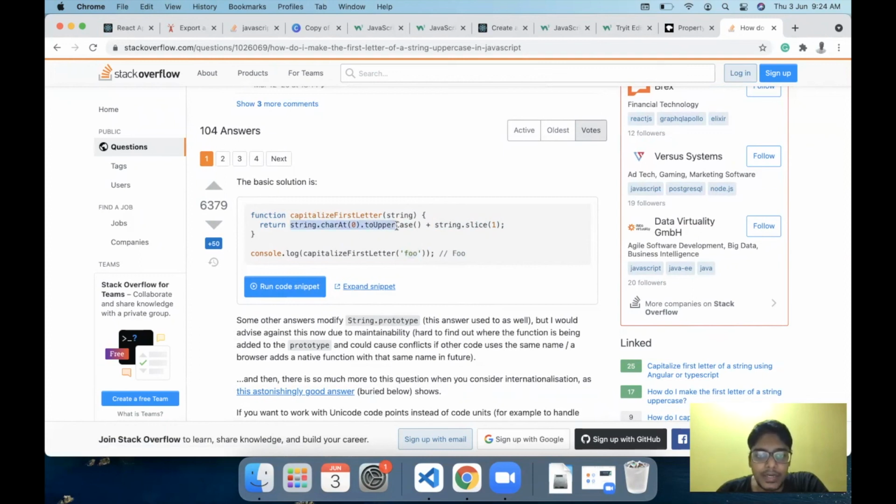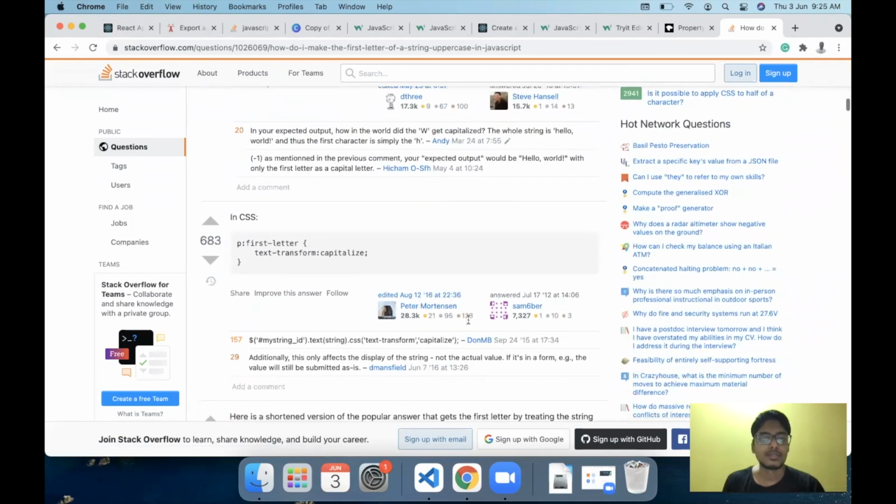This first part of the code will first access the first character in my string, which is let's say f, and string.charAt(0) will return the f character. toUpperCase will return capital F. This string.slice(1) will return the rest of the letters in my word, which is let's say double o, and this plus will join them. So we will have capital F and the rest of the string joined. That is how we can capitalize the first letter.